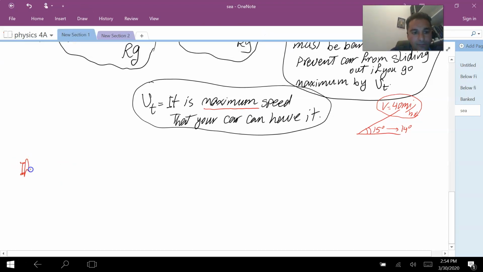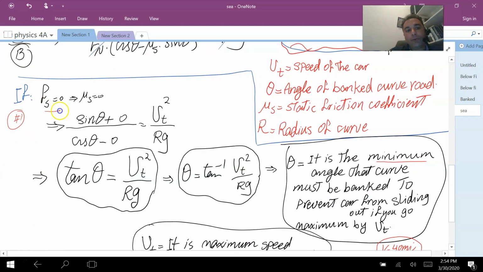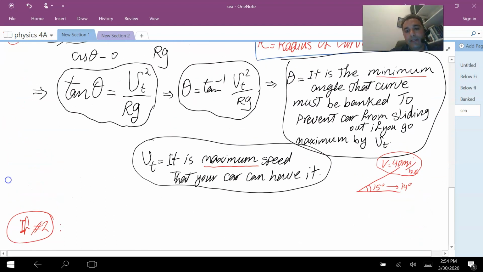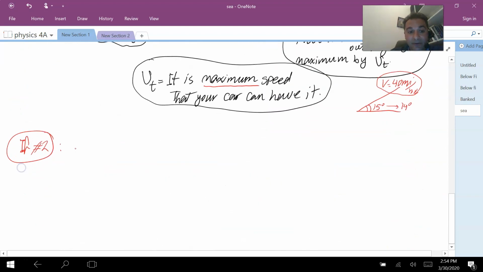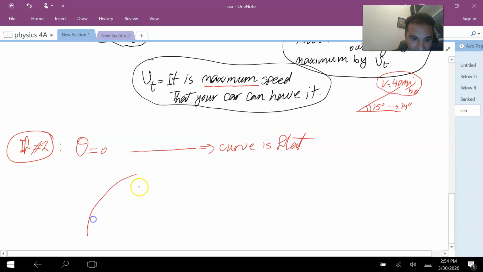What is if number two? So here we had, if we have no friction, correct? Now I am going to say, what if theta becomes 0? Do you know what theta is 0 means? Theta is 0 means your curve is flat. This is theta means 0. So that means your curve is flat and your car,